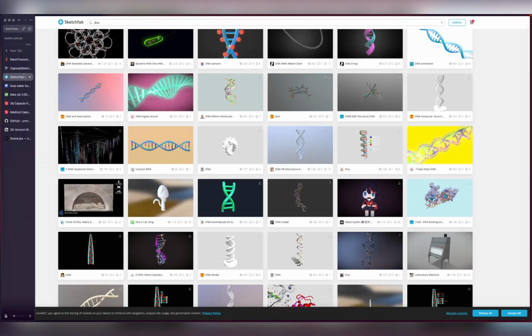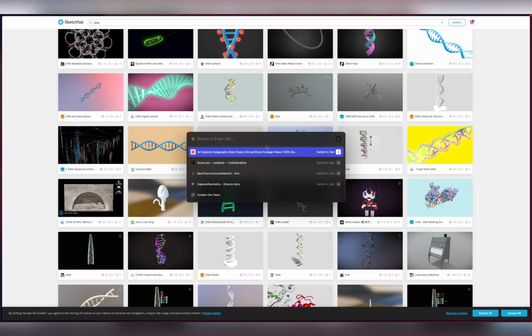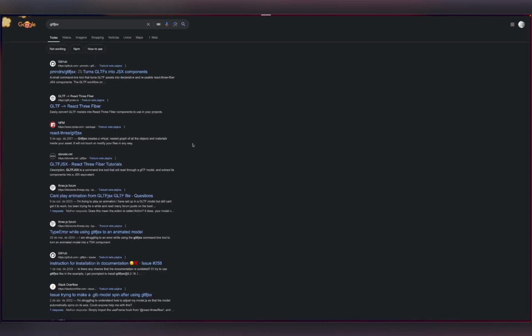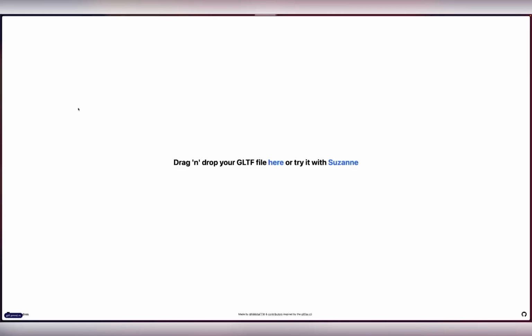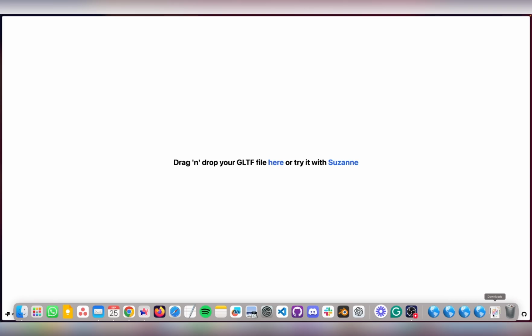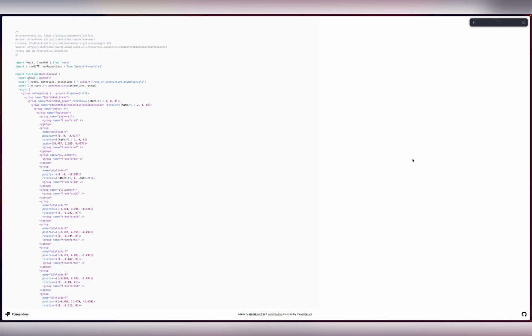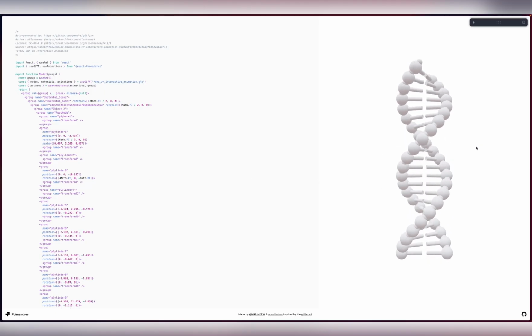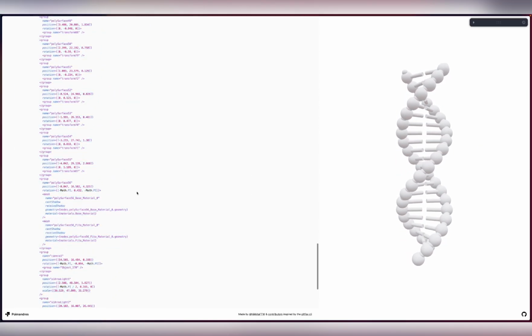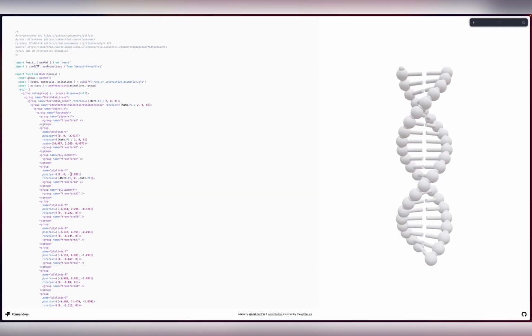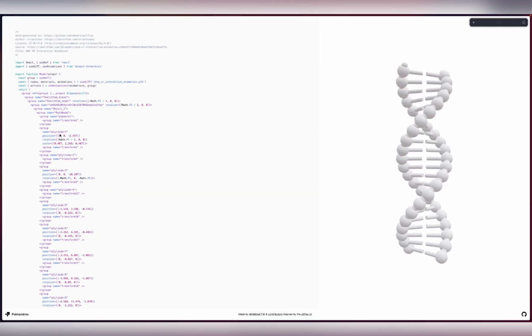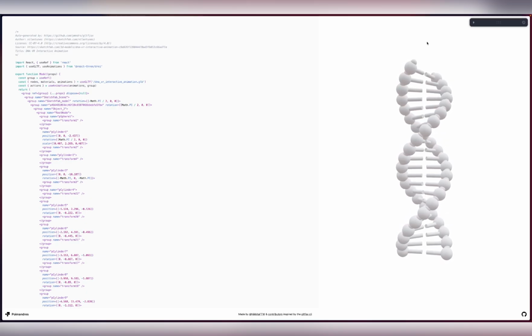And yeah, once you download it, you can go to the GLTF JSX tool. You drop your file here, so I will just drag and drop the DNA chain that we downloaded from that website, and we already have it. And now it is really complex. It doesn't need to be, but in our case here, I will just use it the way it is. So we can